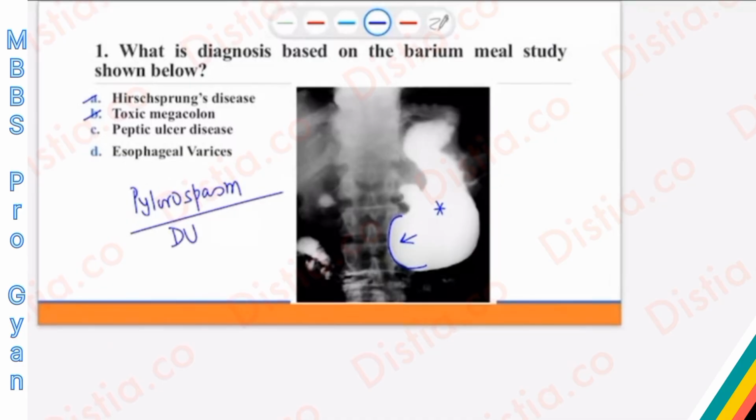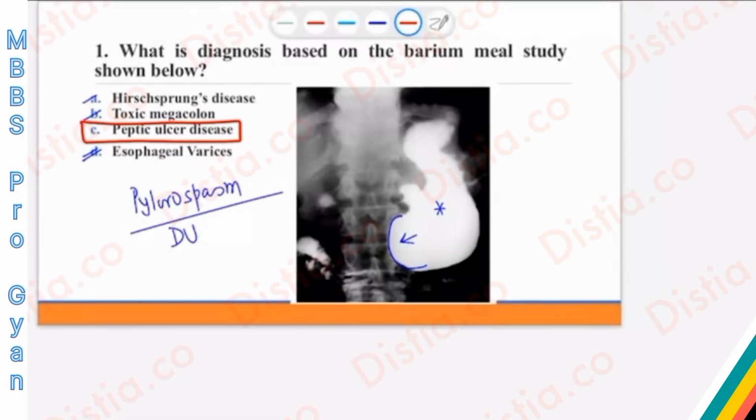Well, I'm ruling out esophageal varices because option D will usually not be evaluated by a contrast study. For esophageal varices, we can definitely send in a camera and see either bleeding or non-bleeding varices as well. The correct answer to this question turns out to be option C. The highlight of this question is abnormal morphology of the stomach, especially the distal cutoff which is present, which is very characteristic, especially seen with the duodenal ulcer.